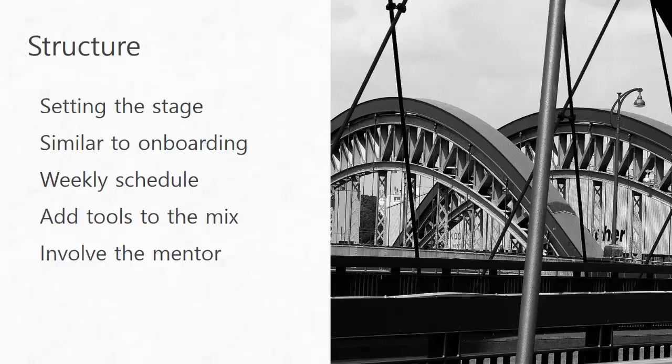The weekly conversations, there's different types of conversations you should have. You need a pipeline meeting, and you can work on the scheduling of that and how that works in terms of time and intervals between. The same with your sales coaching. It's very similar to onboarding in that you lay down the track, you lay down the plan, you put it in the calendar, you build out that weekly schedule, and what you have is something that's a little more consistent. They know that this is their coaching time.